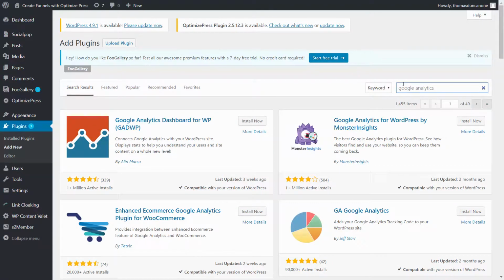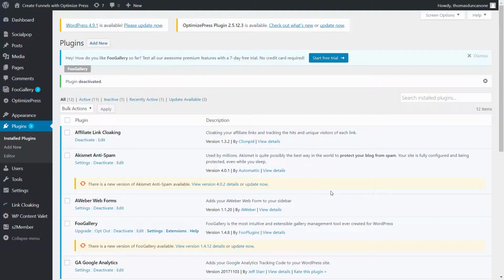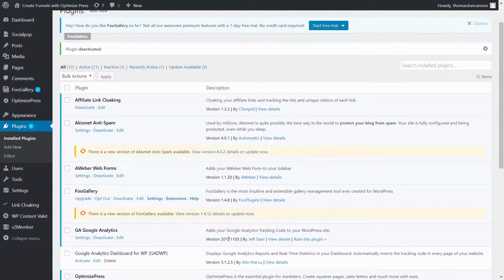Now, WordPress has a number of plugins available. You'll typically want to make sure that you have one that is reviewed and that has a good track record of updating the plugin. Once you find one with good reviews and a fair number of installs, you're going to click the Install Now button. Once you do that, you're going to click Activate,